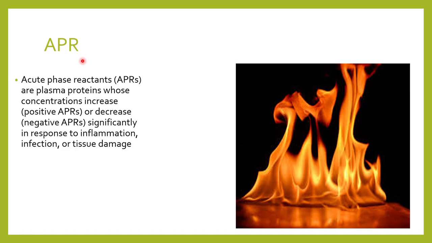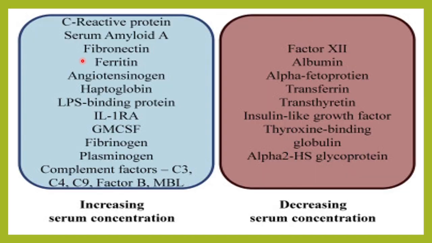So you have different types of acute phase reactants. You have C-reactive protein. You might have heard about C-reactive protein. For any kind of inflammation, doctors order C-reactive protein, so this is an acute phase reactant. Your fibrinogen is an acute phase reactant. And your serum amyloid A, fibronectin, ferritin, angiotensinogen, haptoglobin, all these are acute phase reactants which are increased